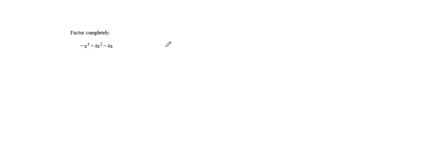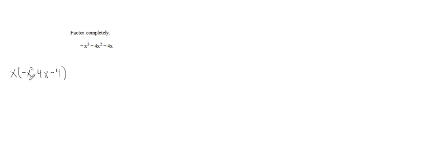This one says to factor completely, and I can tell right away that there's a common x with all three terms. So I might first think to factor out an x, but if I did that, let me show you what it would look like. If we took an x out, we'd still have a negative x squared minus 4x minus 4 on the inside